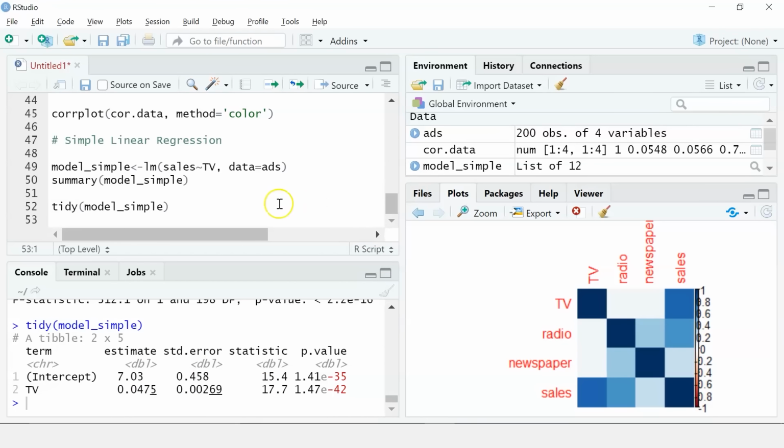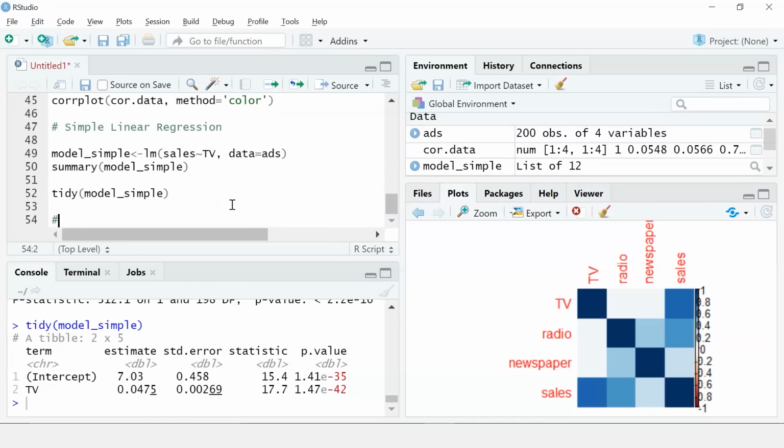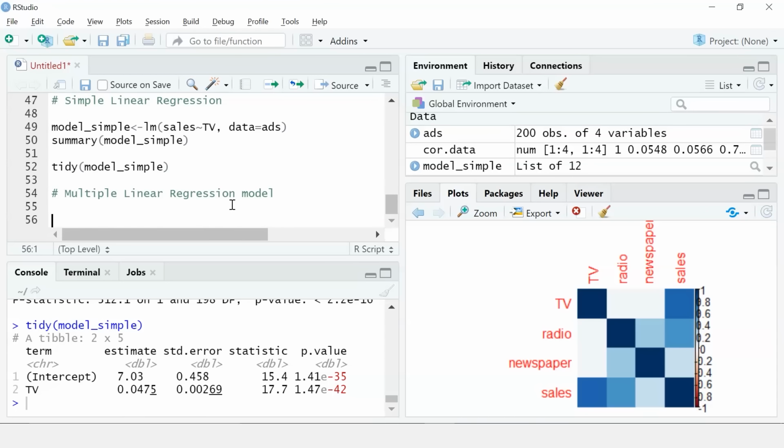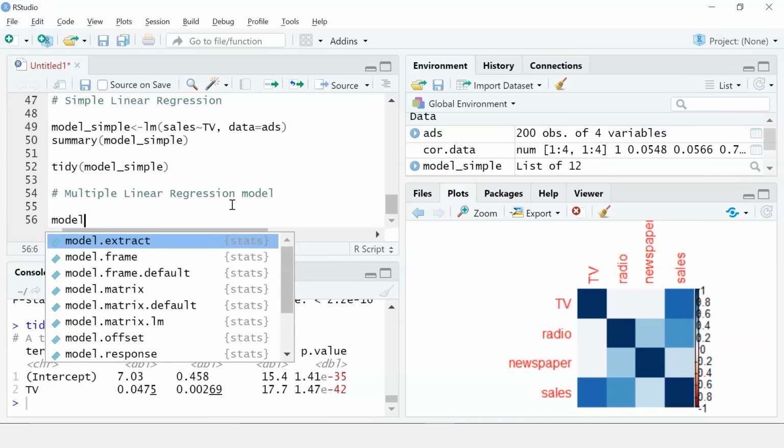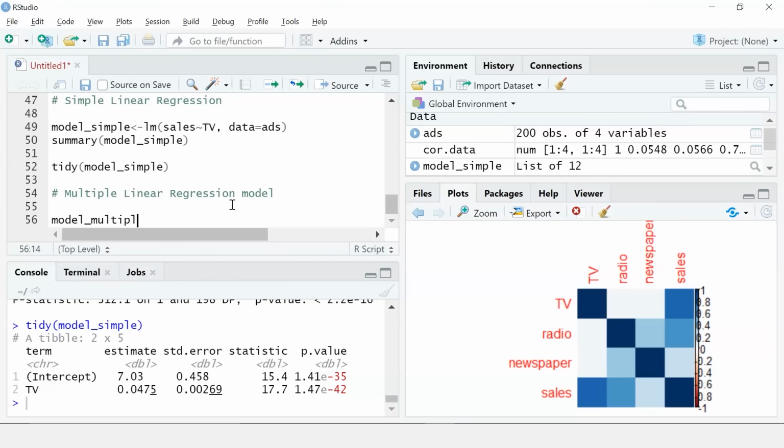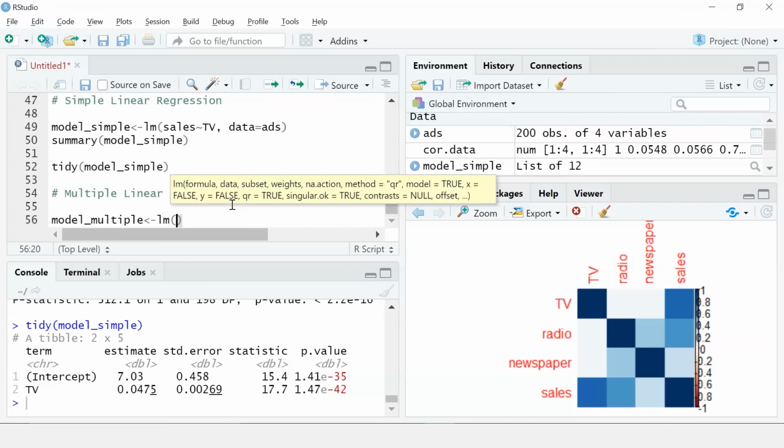Now let's build a regression model with more than one input variable. So we'll build a multiple linear regression model. I'll take my variable name as model underscore multiple this time, and I'll use the same lm function.